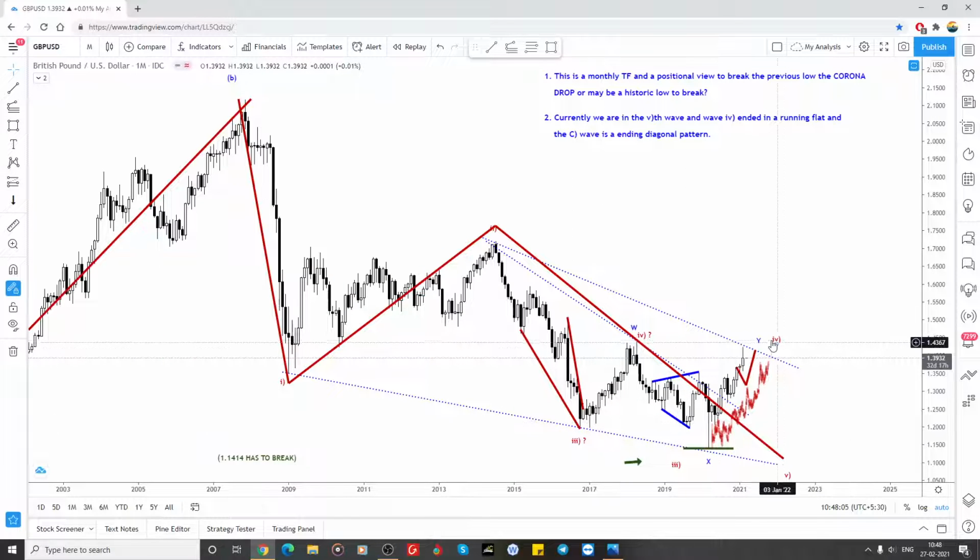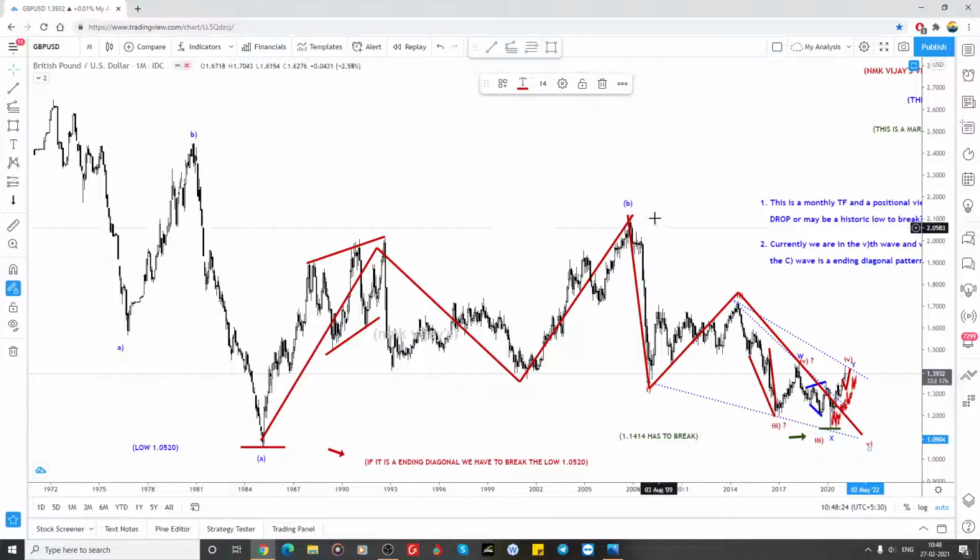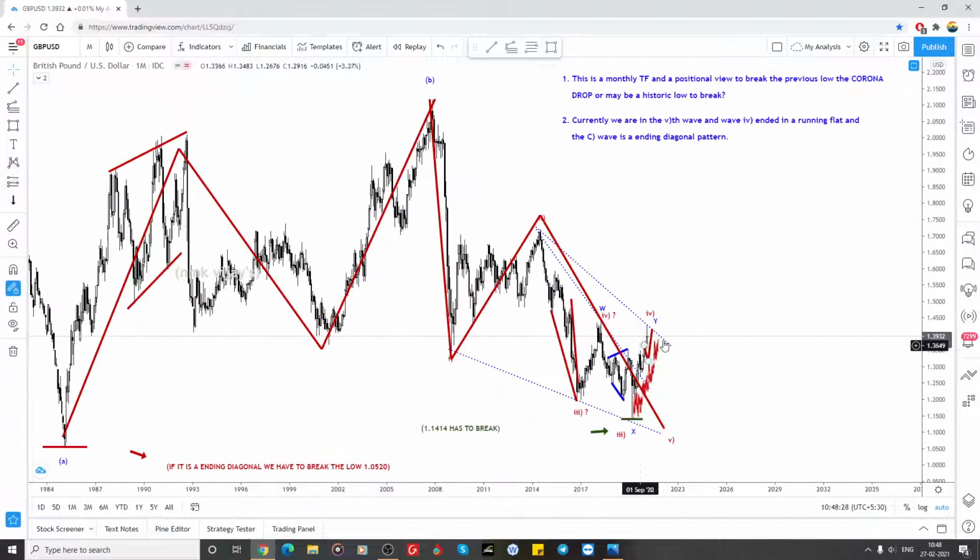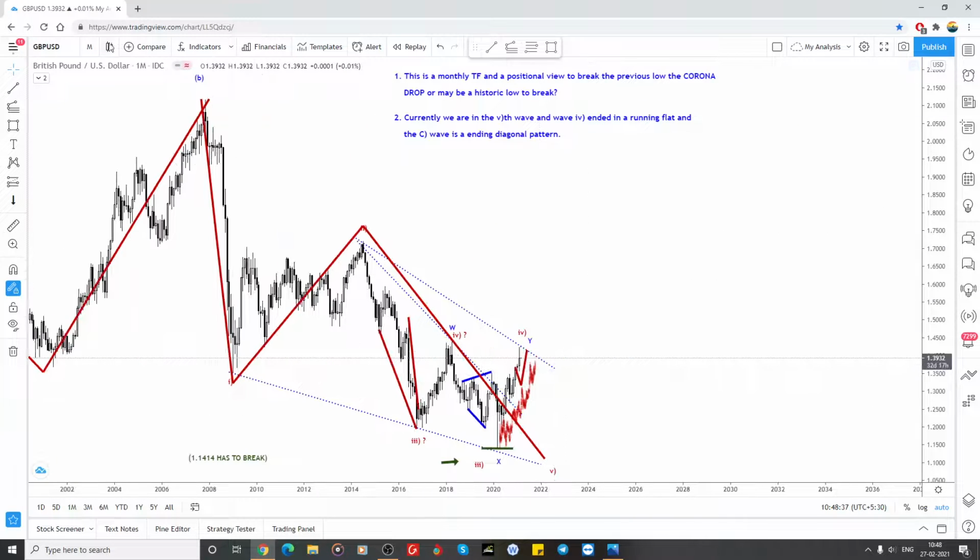So whether this is the end of the fourth wave means we need to break this low for the fifth wave to complete. So 1, 2, 3, 4 and 5, because this is the A, this is the B, and C is an ending diagonal pattern, what I am expecting. In that case ABC is a 1, ABC is a 2, so ABC 3 is finished. So the 4 will always be a